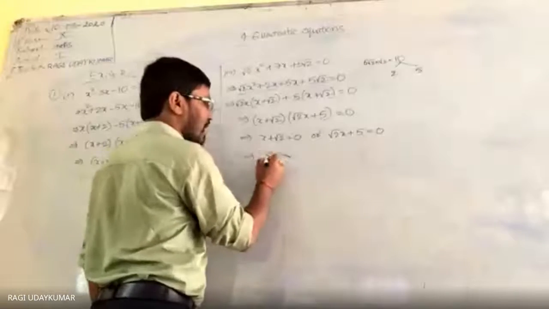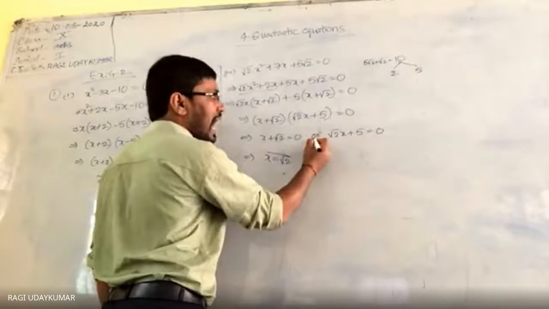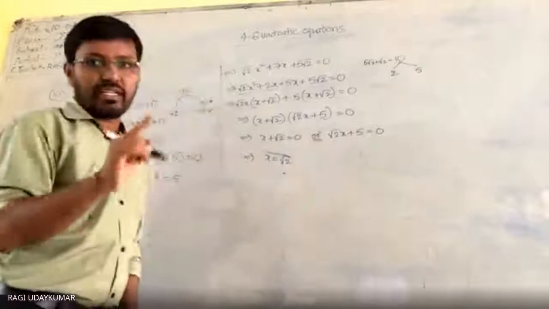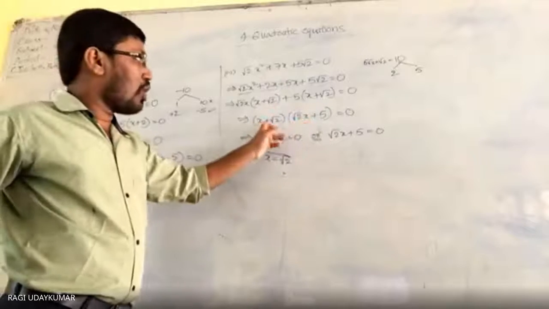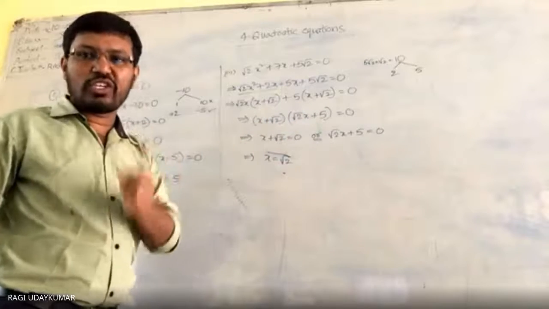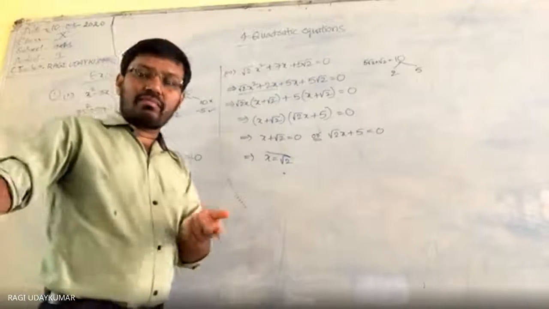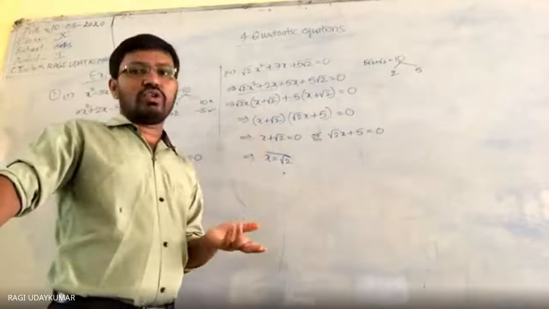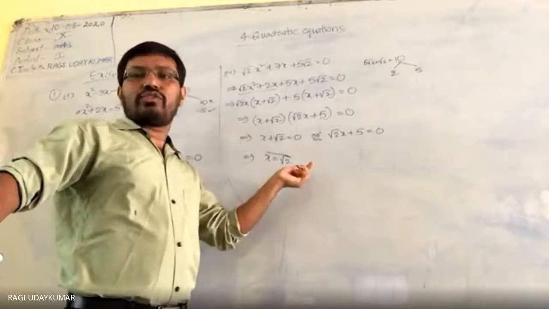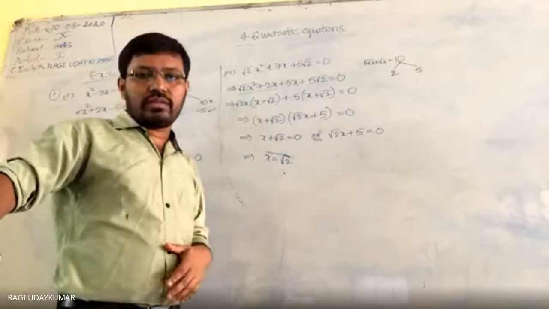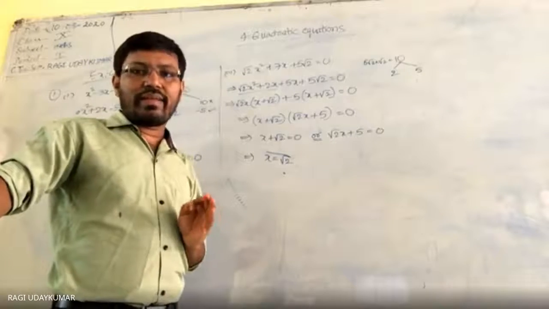From this, x is equal to root 2. Here "or" you need to write, do remember this also. Some students will write "and". No. Whenever the product of two numbers is 0, any one may be 0, or both also can be 0. So that means "or" is nothing but, this may be the solution, that may be the solution. Okay? So do remember that point here.